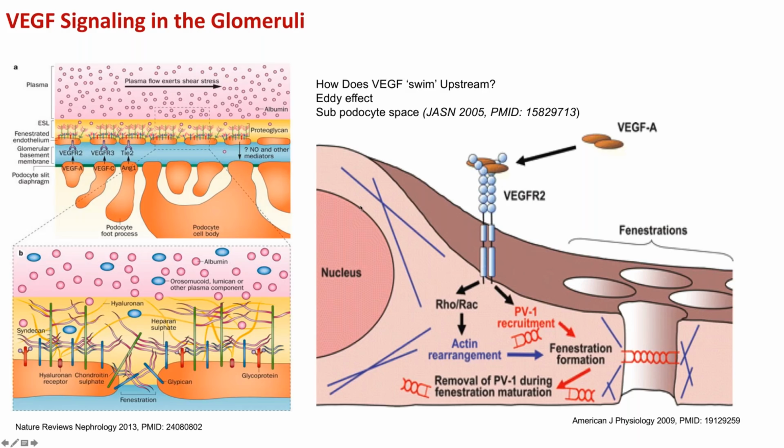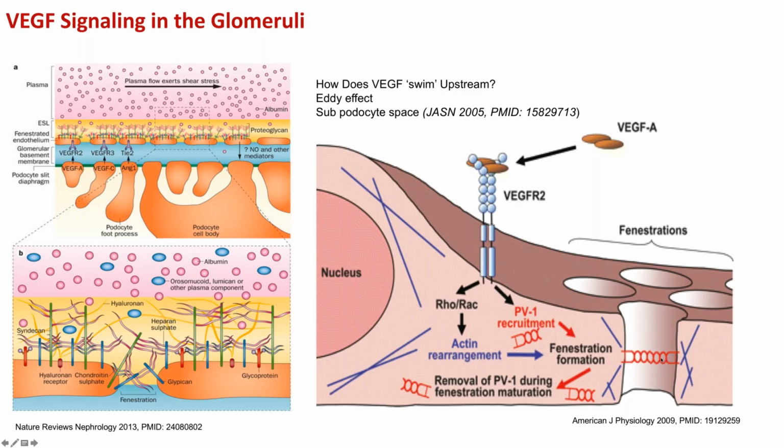Now, how this works, say for example, when VEGF-A, or vascular endothelial growth factor A, binds to VEGF receptors, it does two things. One, it causes the Rho-RAC signaling pathway, which results in actin rearrangement. Actin, as you know, is the main protein component of the cytoskeleton. So this is rearranged, and then plasmalemmal vesicle protein, or PV1, is recruited, which creates these fenestrations and maintains